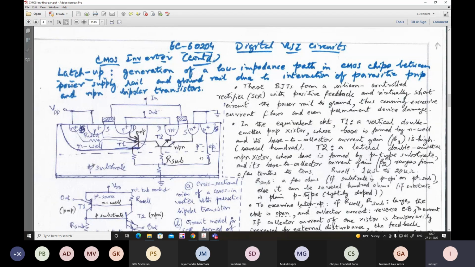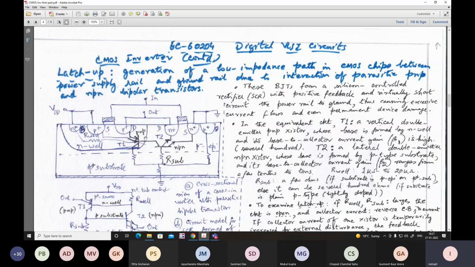Next, we have the parasitic NPN transistor. How is it coming up? Again it is a two emitter transistor, but it is lateral in configuration. The N plus emitters come from the source and drain of the NMOS field effect transistor. P comes from the underlying substrate and N comes from the N-well. So this is a lateral transistor, and as this is a lateral transistor, its base to collector current gain beta